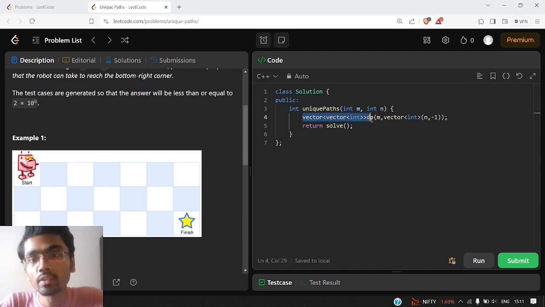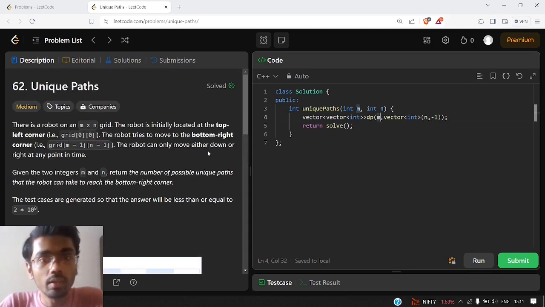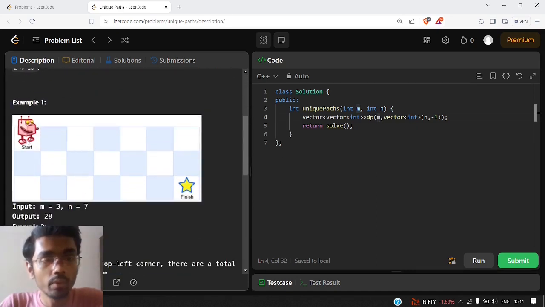we will first discuss why we have chosen a 2D DP, because in the previous video we have also discussed that. So we'll again go through that part. Since the number of states in DP relies on the number of changing parameters, we will check how many changing parameters there are. One condition is given that the robot can either move down or to the right. So what will happen if the robot moves towards the right? It will change its position on the x-axis. Or what will happen if it goes down? It will change the position on the y-axis.